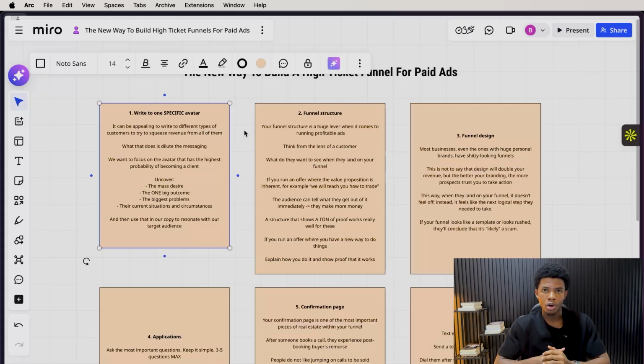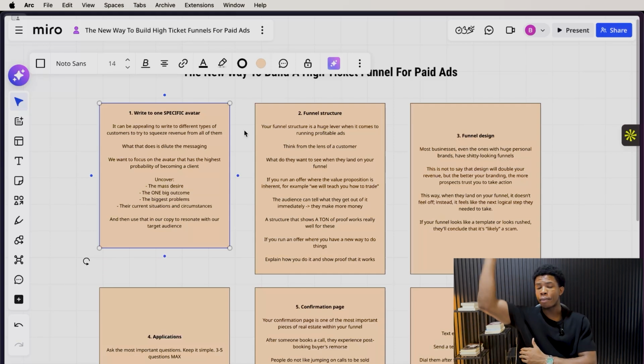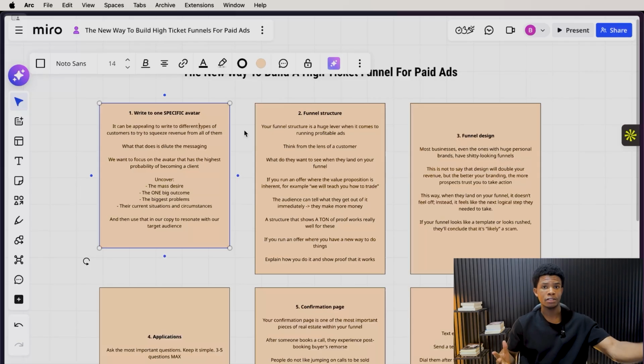Let's say, for example, with a trading offer, you could target beginners, you could target people who are already trading. What we usually do with our funnels is we go with the people who are already in market for a solution, which means right now they're looking for a solution. And if they see a solution, they're probably booking a call or joining a webinar. These people have the highest probability of taking action with whatever product or service you're selling. And again, you could go upper into the market and go to the people who need to be a bit more convinced before they can actually move forward with you.